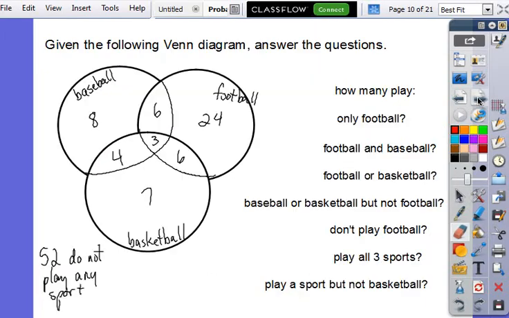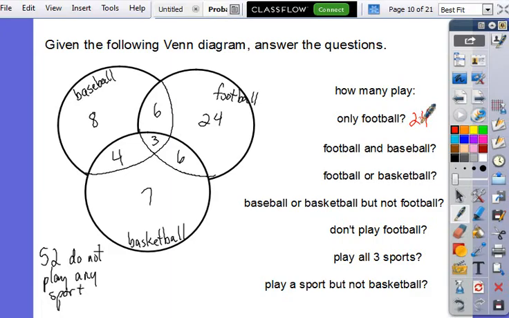All right, so in this setup right here, it's got all my numbers over there. It's asking me how many play each of these sports. Well, only football is what number? 24. Now, if I ask for how many people play football total, what would that answer be? 24 plus 6 plus 3 plus 6. All right, so this would be 6 plus 3 plus 6 plus 24. It would be 39, is that right? 15 plus 24. So that'd be 39 would be playing football, but when it says only football, that restricts it